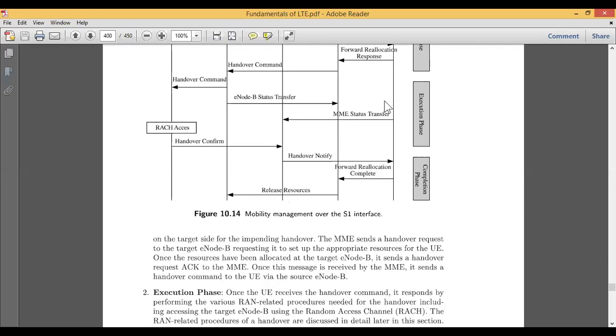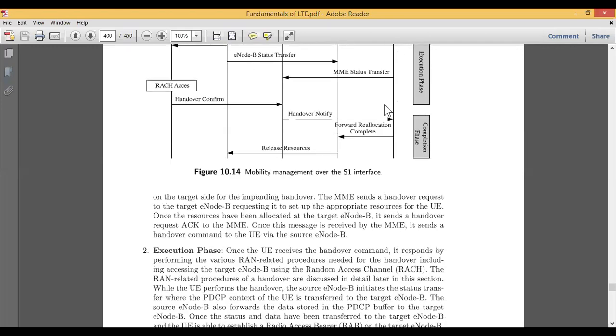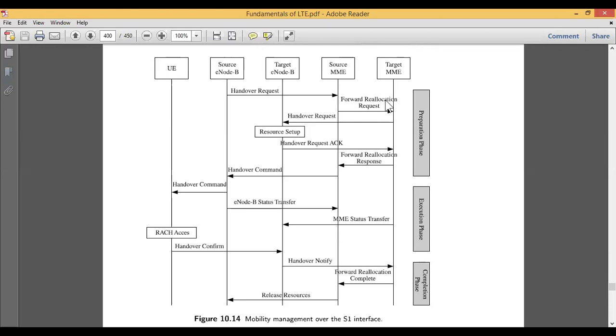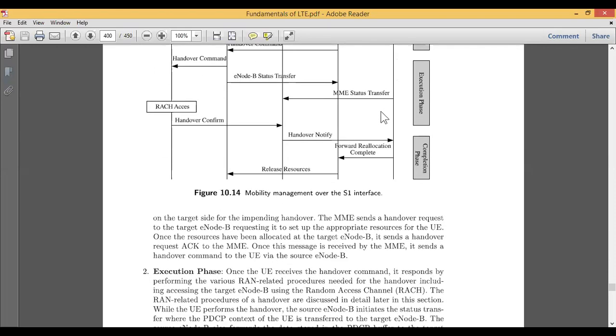Once the target receives the request from the source eNode B, the next step is implementing the complete execution part. What this MME was doing was just taking the signals from the source eNode B and sending a request to the eNode B so that the complete setup can be done.